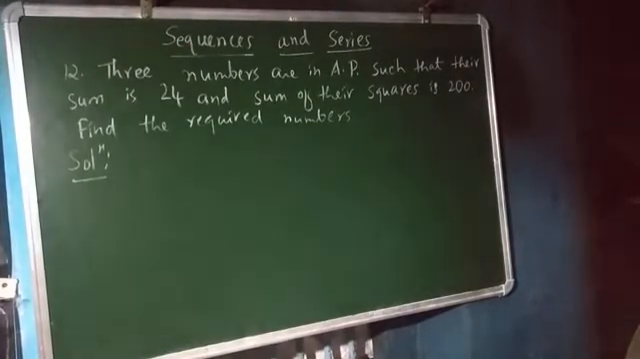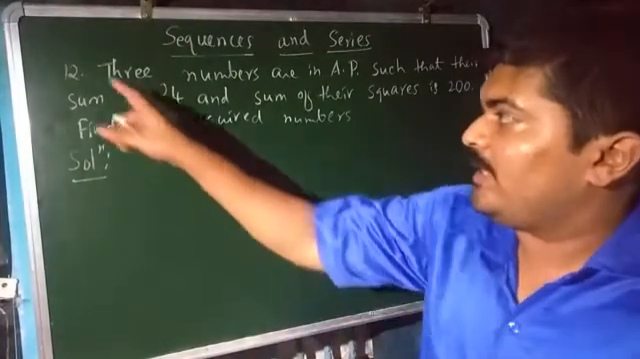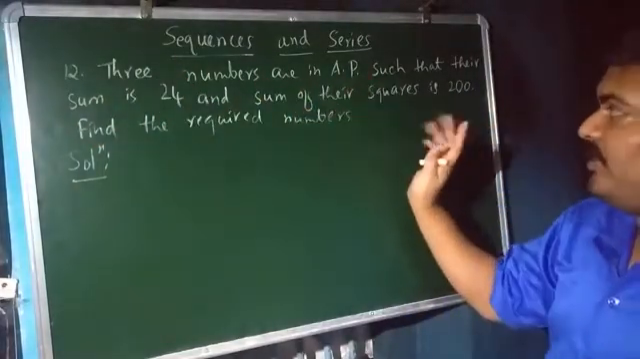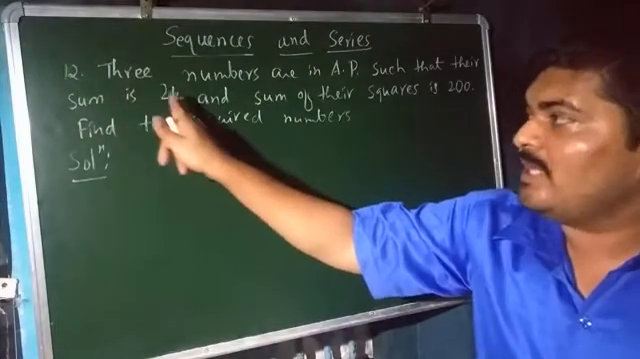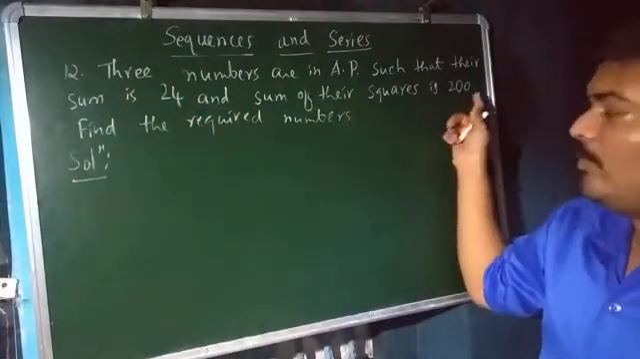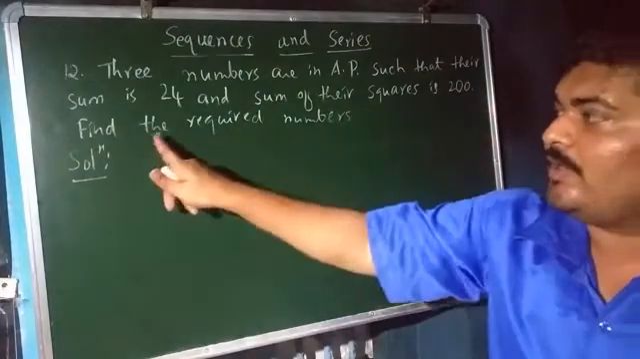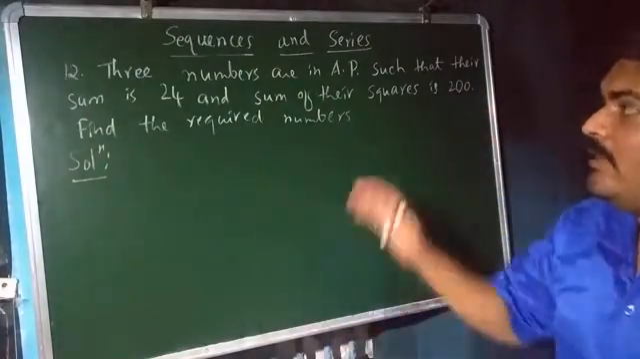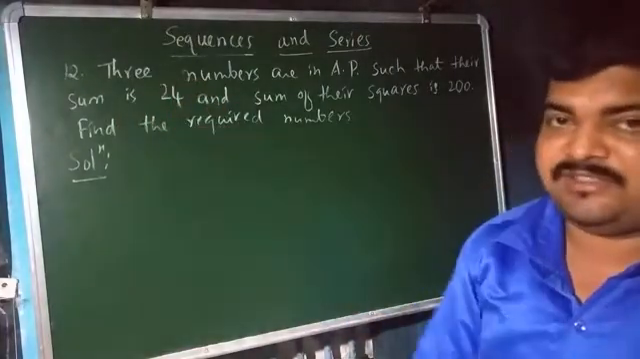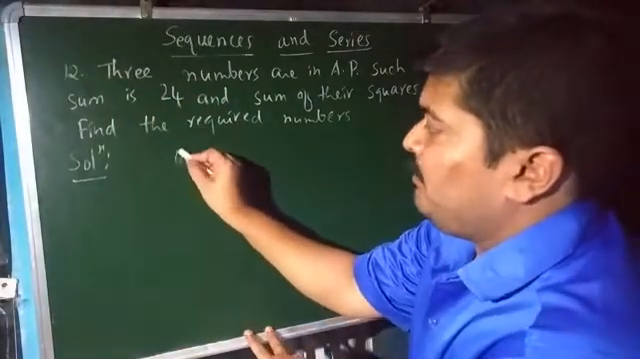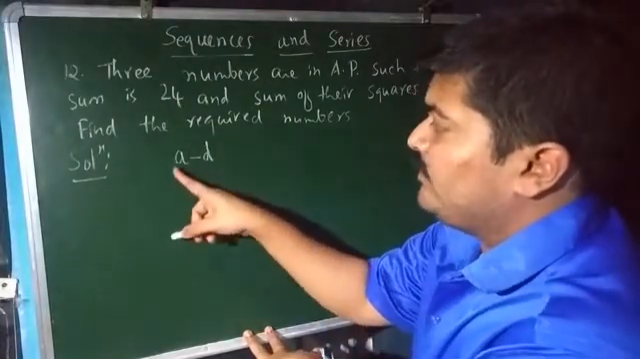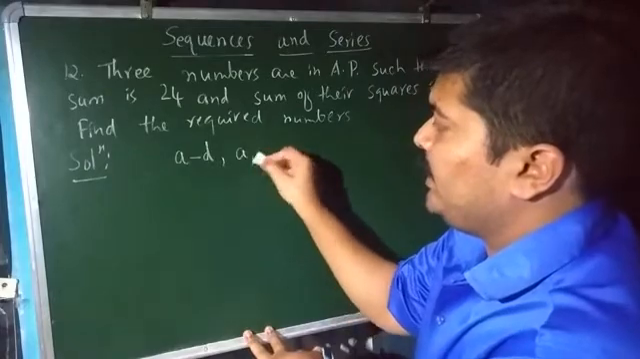Now let me move on to the next problem, problem number 12, which states that three numbers are in arithmetic progression such that their sum is equal to 24 and the sum of their squares is equal to 200. Your task is to find the required numbers in that AP. Since they have given three numbers, isn't it? Let me take the AP. For the sake of simplicity, I am considering this pattern for the AP, that is a minus d, a, a plus